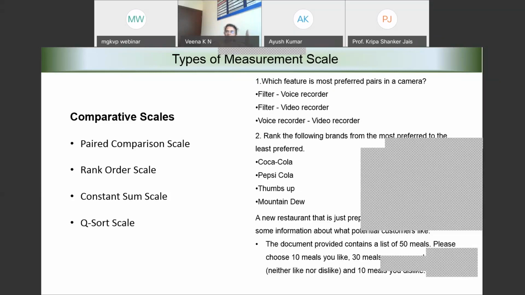Because when I know the scale of measurement, I know how to analyze the data. If I do not know the scale of measurement, I do not know how to analyze the data. And vice versa, if I have to analyze the data using a particular tool, then the data that we collate for that tool should be on an appropriate scale. It's very important. We should not be applying any tool on any type of scale. Then usually what happens is we end up getting wrong analysis and wrong interpretation. So we should be very careful in choosing the right scale. So this is about comparative scales.